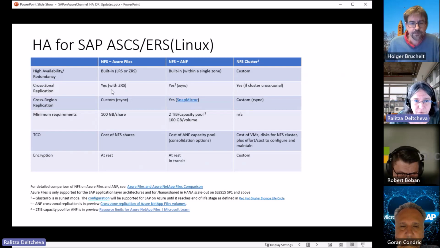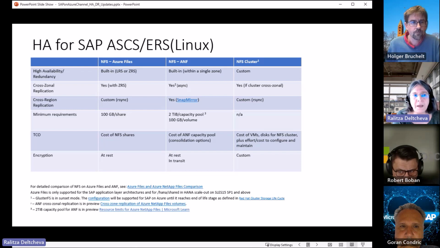So with NFS on Azure Files, you have synchronous replication across zones. In the context of an SAP system, imagine that you have your SAP MNT directory deployed on one of these first-party services. And if you have, for instance, your batch job logs stored on the file system, with NFS on Azure Files ZRS, you have this synchronous replication of your job logs across the 3 zones. Means if you have to fail over to another zone, you get immediately the same replica of the job logs